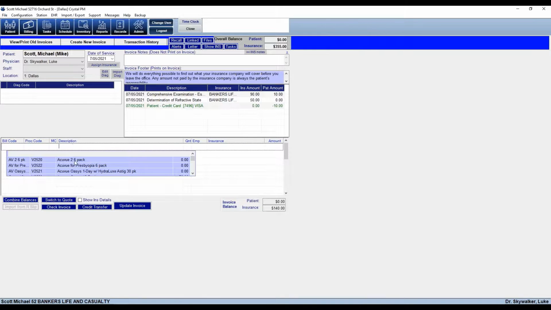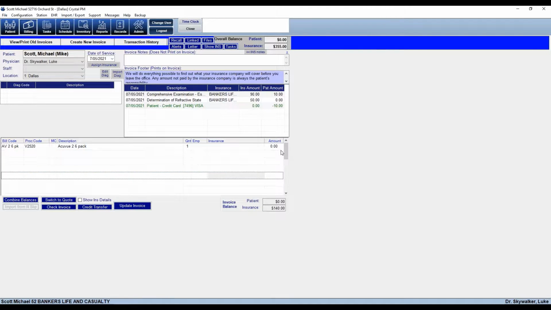And I am just going to grab these contacts here. I'll put an amount on those. When you're done in edit mode, make sure you always hit the update invoice button. If you leave without hitting update invoice, Crystal will not save your changes. So I'm going to say update invoice,